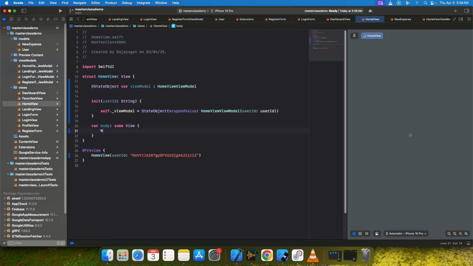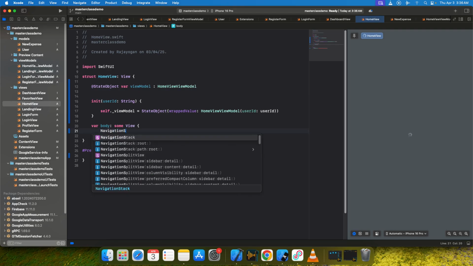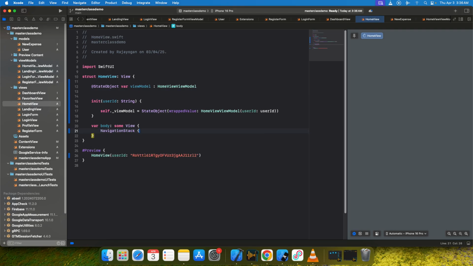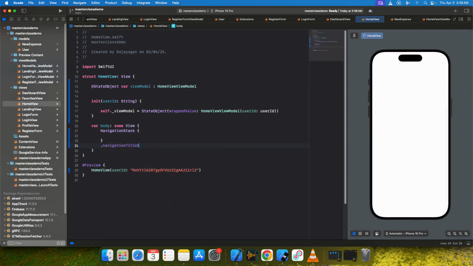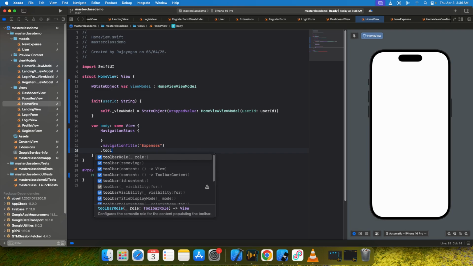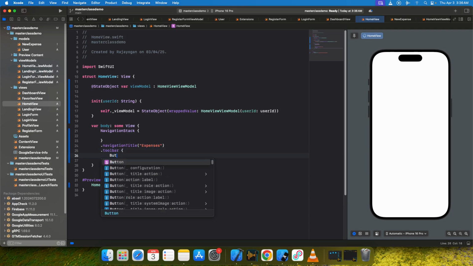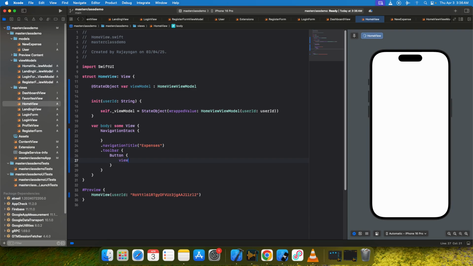We'll go ahead and create the navigation stack. Navigation title, expenses, toolbar, button, view model dot show new item value equals to